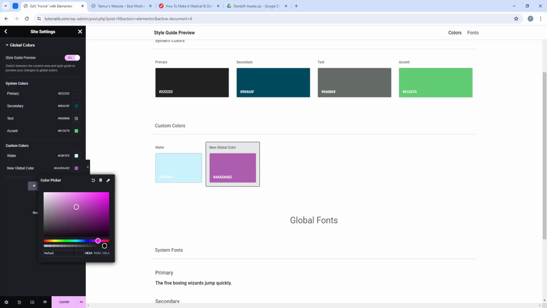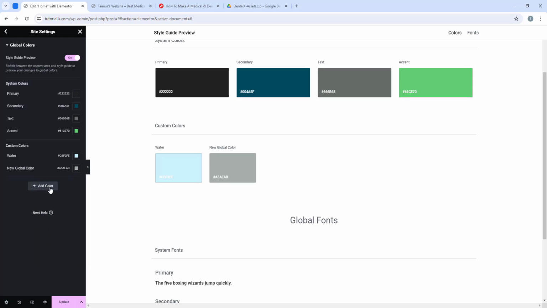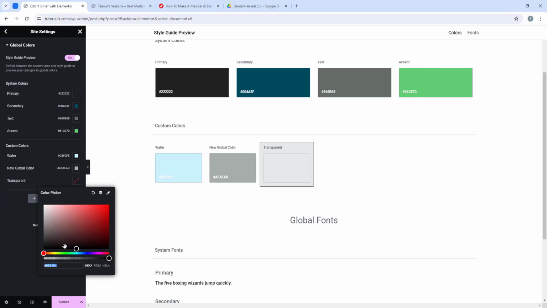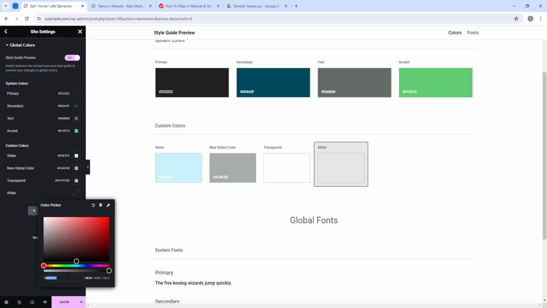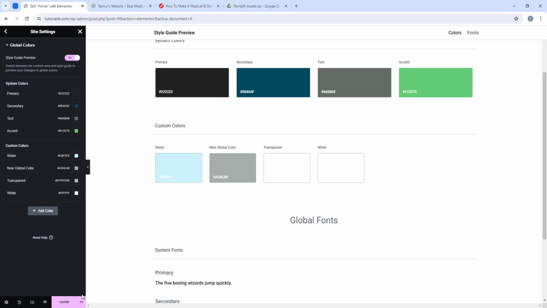A5 AE AB. Then let's add another, and I'm gonna rename this transparent. Then here you can either drag the slider all the way to the left, or you can type the transparent color, which is this FFF FFF and 00, and this also gives you the transparent color. Then let's add the final one, and I'm gonna make it white, and in the white I'm gonna make it fully white, so FFF. Then I'm gonna click on this update,